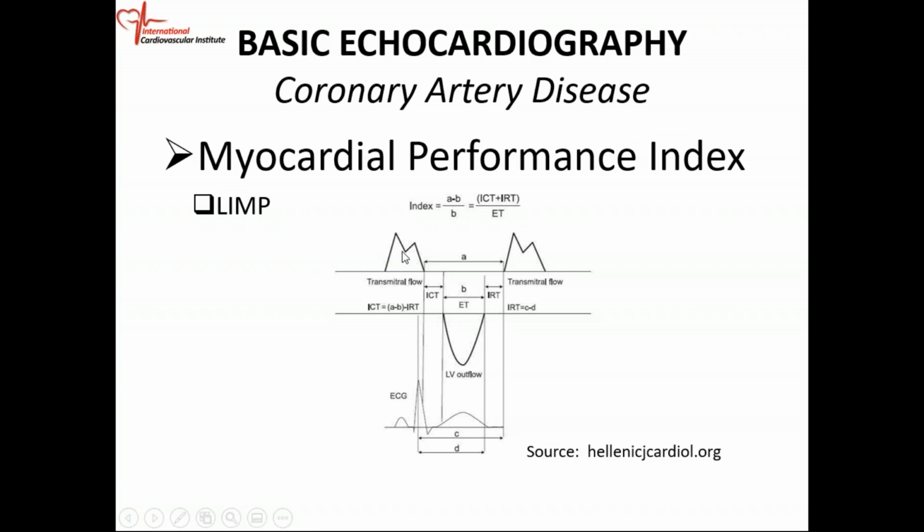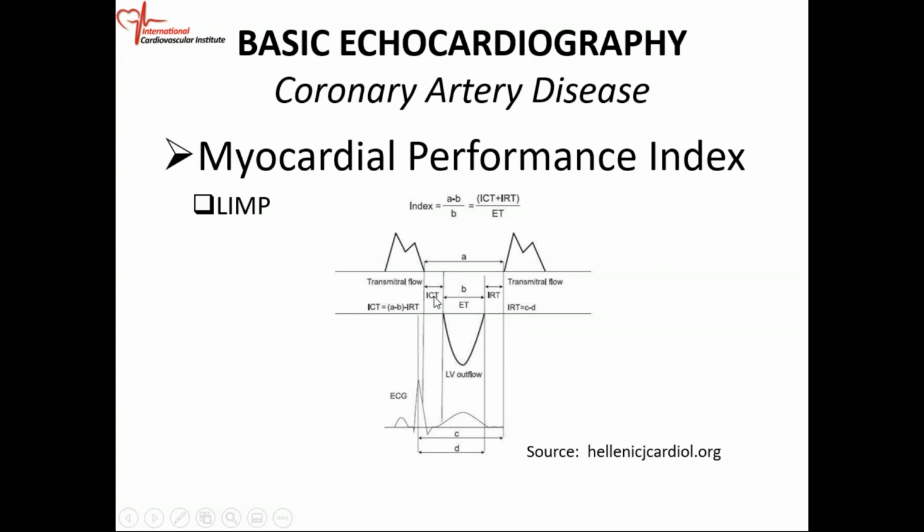Then there's a period of diastasis. Then the atrium contracts to give you the A velocity. Then the mitral valve closes. When the mitral valve closes, then that period of time before the aortic valve opens is what we call the